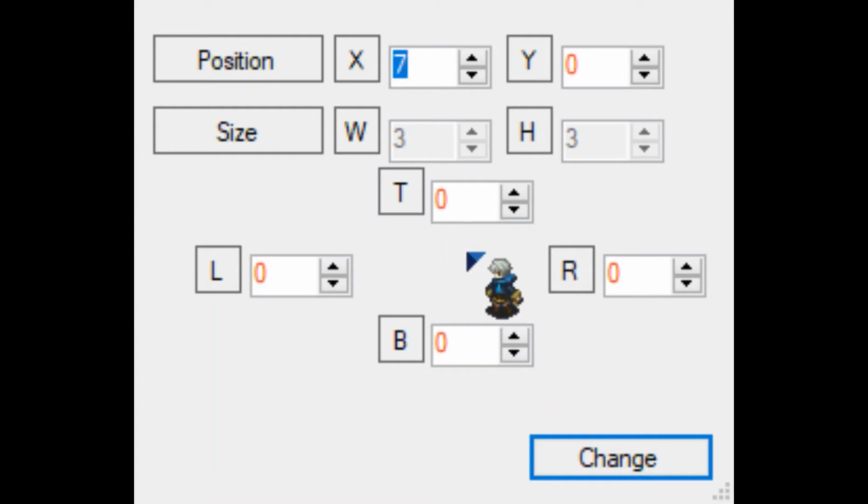Then you have the T, B, L, and R. These are for top, bottom, left, and right. As I said, the tile change was 3 by 3, so we can change its size over here. This is the current size of the tile change, the width and the height. The width is 3 and the height is 3, making it 9 tiles. If we press right, the width increases, but if we press left, the width also increases. That is because when I press left, an extra set of tiles will be generated at the left of our tile change, and when I press right, it will be generated at the right.